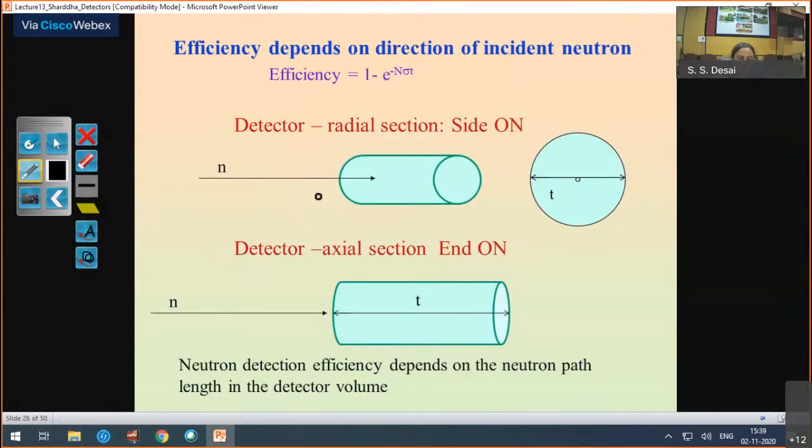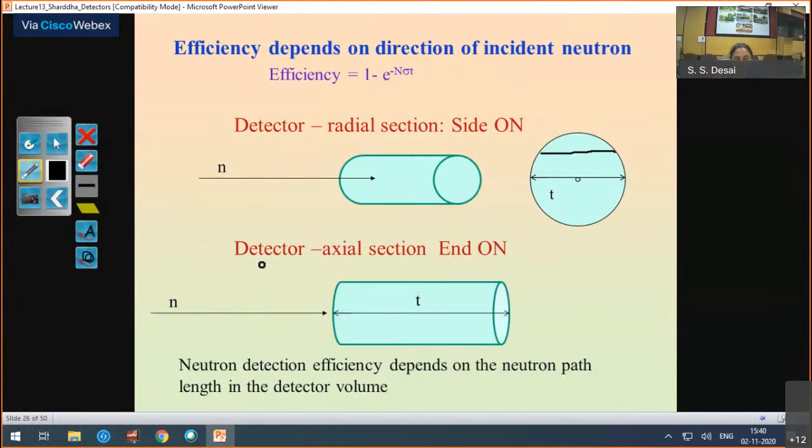Suppose we have a small cylindrical detector. The same detector can show us two different efficiency values, depending on the direction in which we are using it. Suppose we are using it in the radial direction, with one circular edge of the detector incident with the neutron. The distance traveled by a neutron in the detector volume is along the chord. I have considered this one because it is the biggest chord, along the diameter. If it is here, then it shows a smaller chord. So in this direction, when the neutrons are incident, T varies from the diameter to smaller values,